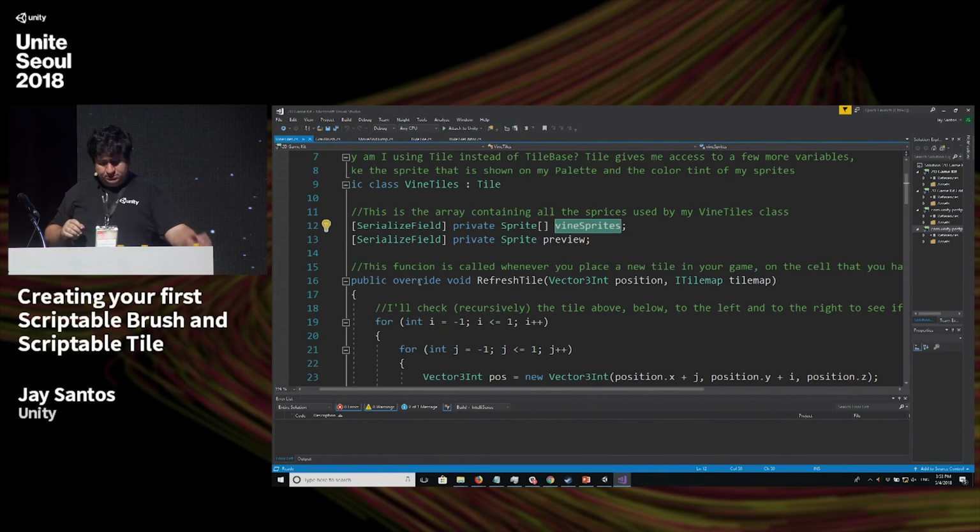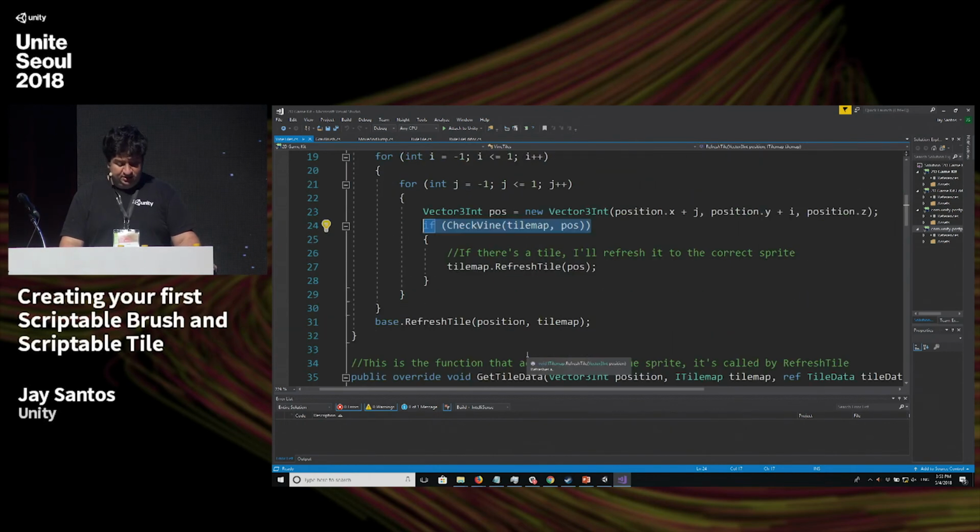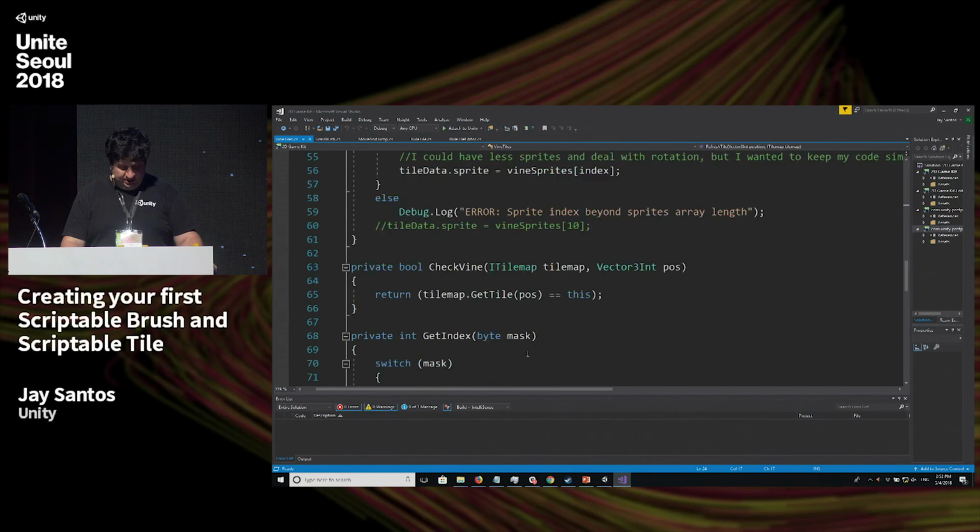And this is the method that is called whenever you place a new tile on your tile map. So what I'm doing is, I am checking all the surrounding sprites. So I placed a vine here. I'm going to check the surrounding sprites and check if they also have vines. So for each one of them, I call the check vine method, which simply, let's go down here, which simply